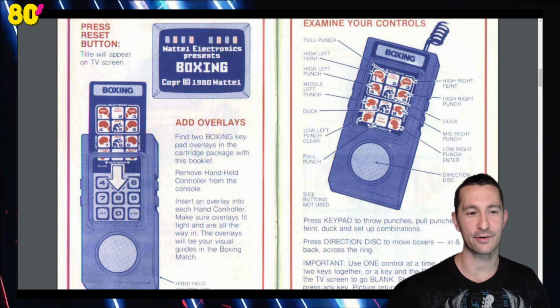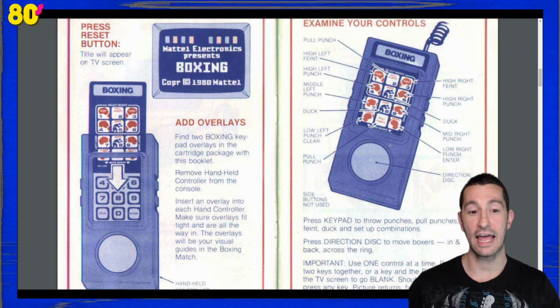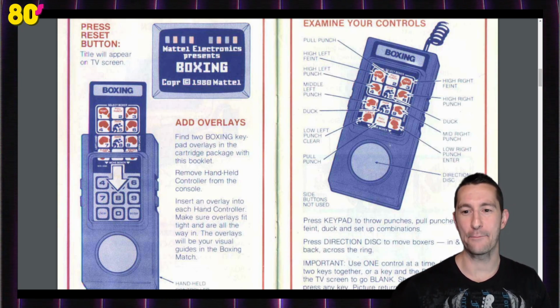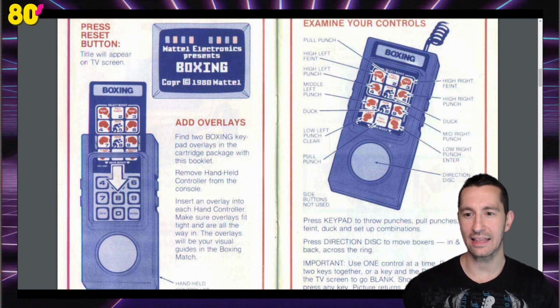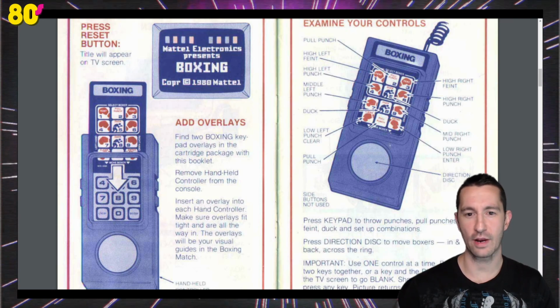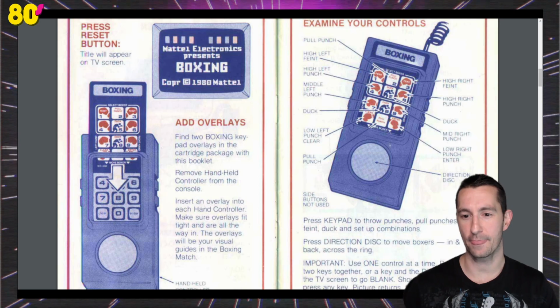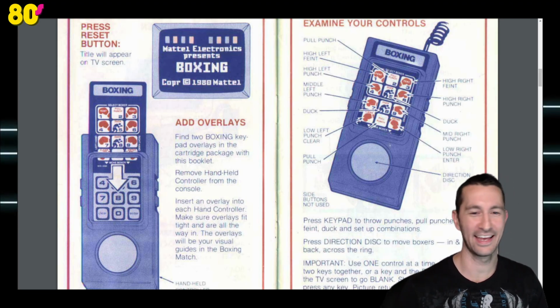How to put the overlay over your keypad. Remove the handheld controller from the console. Insert into the overlay. And man, look at all the controls. You have pulling a punch, high left punch, high right feint, left and right punch, middle punch. You have duck. You have low left punch. And then you have the disc, which I'm not a big fan of, but...